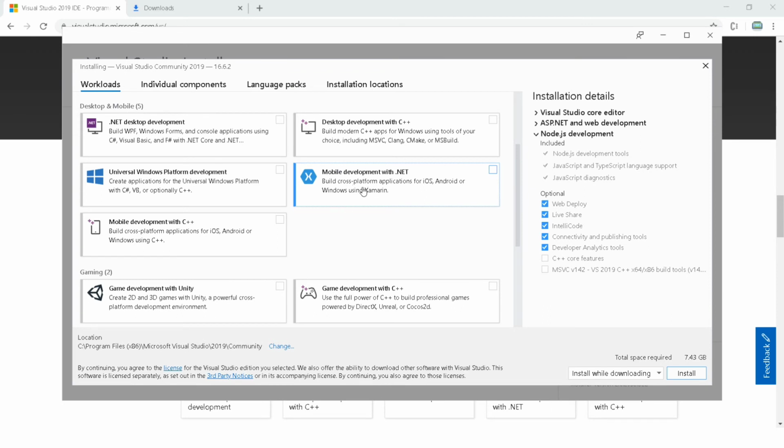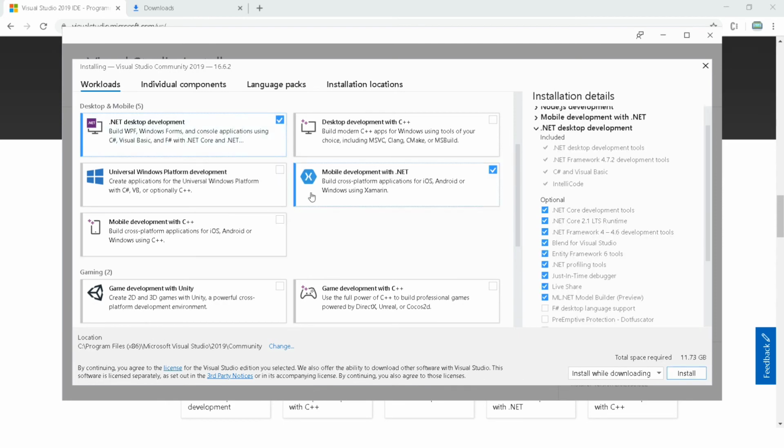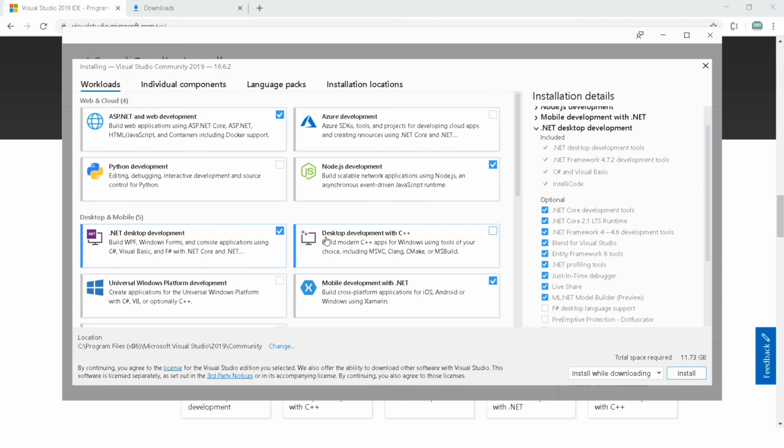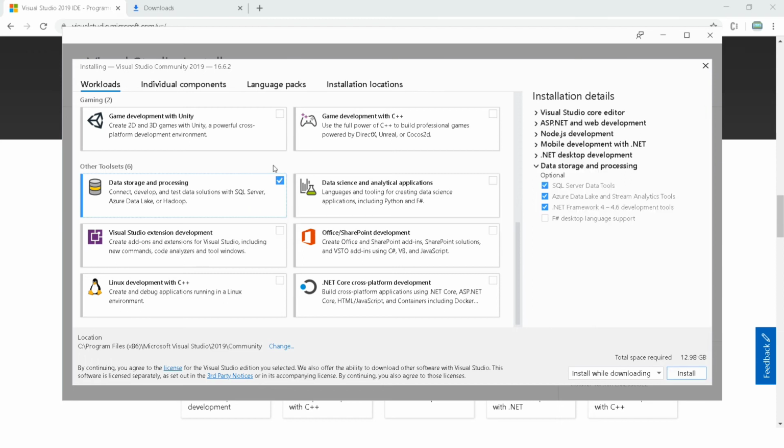This is for mobile application development, select this, and this is for .NET desktop development, take this as well. If you want data processing, like Azure and SQL Server, take this as well.